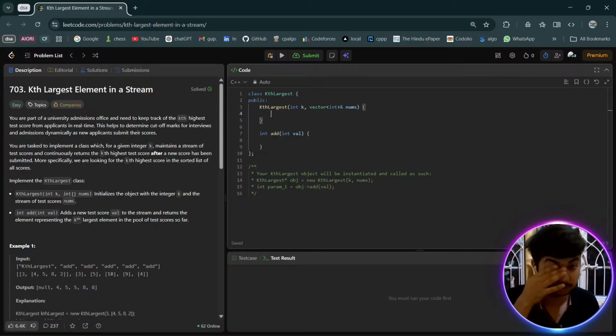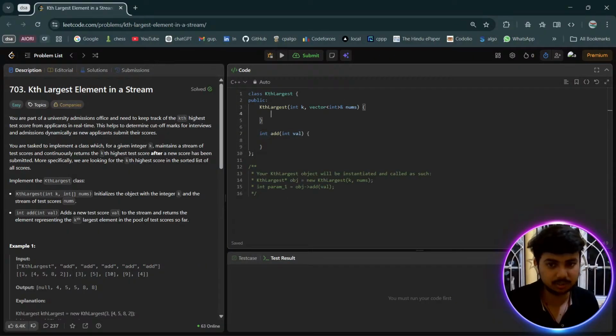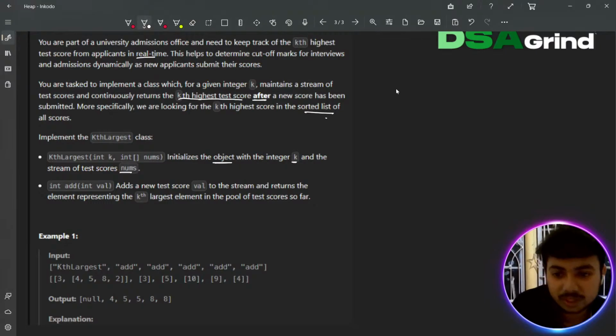Will get on to what it is, and then you'll have to return the integer and of course also add the value and return the integer. See, initializes the object with the integer k object because it's a class. Whenever you are defining an object with the same class instance that catches the parameter that you pass and puts that parameters into this particular object with the integer k and the stream of test score nums. So this nums is integer array. Okay, यहाँ पे वेक्टर फॉर्म में C++ में. ठीक, तो हमें एक वेक्टर फॉर्म में